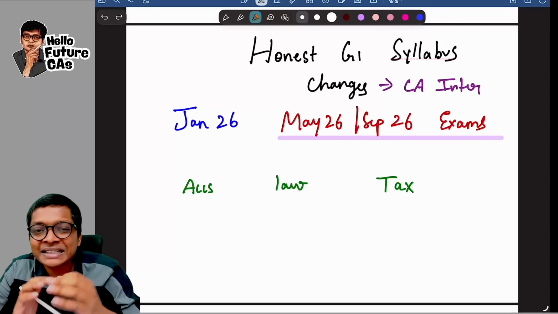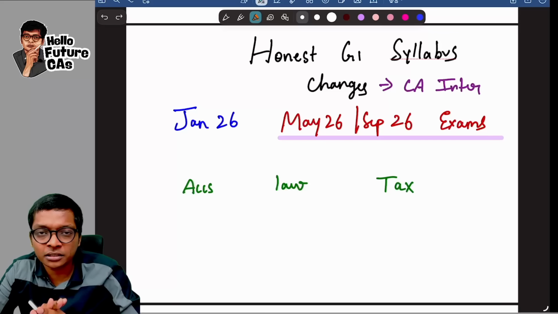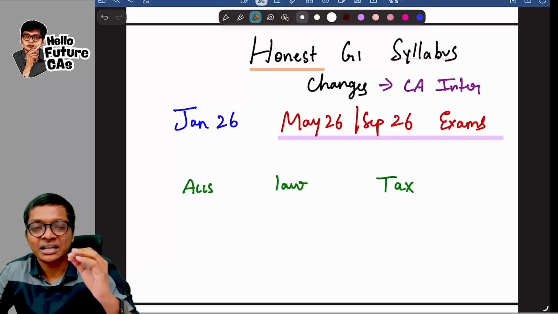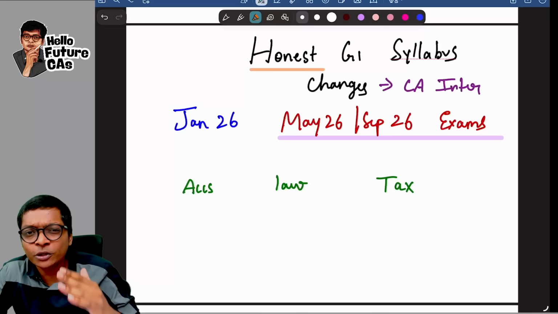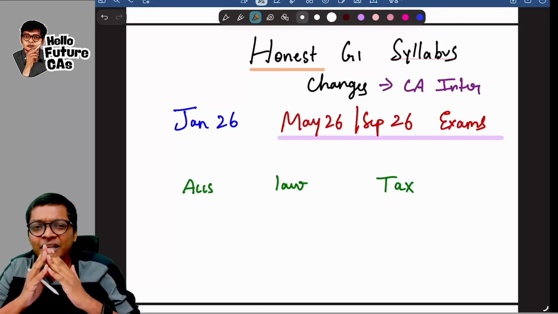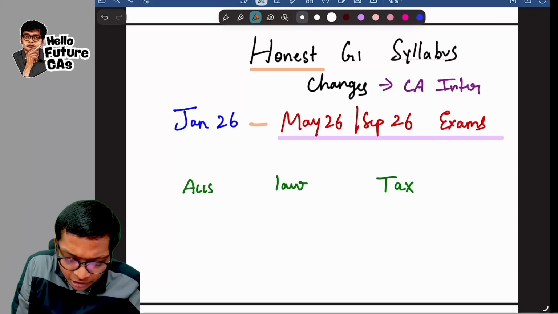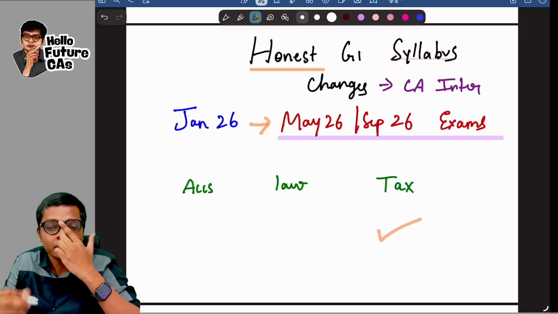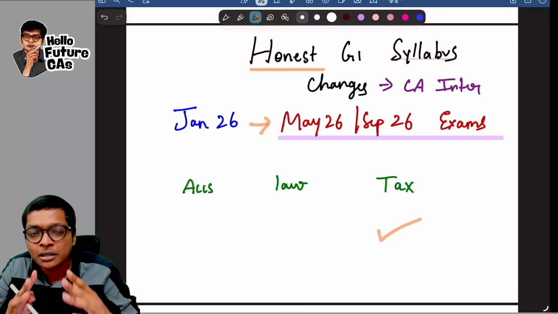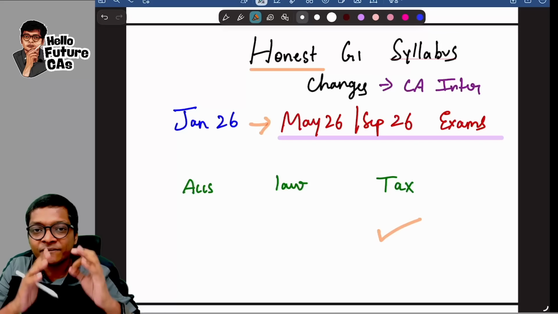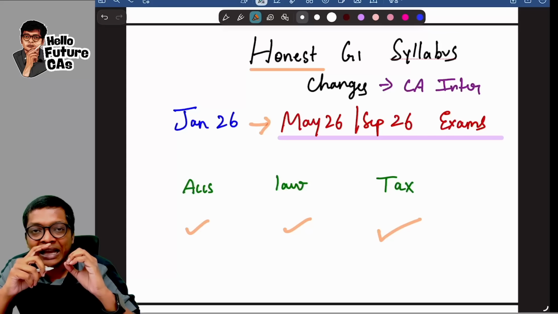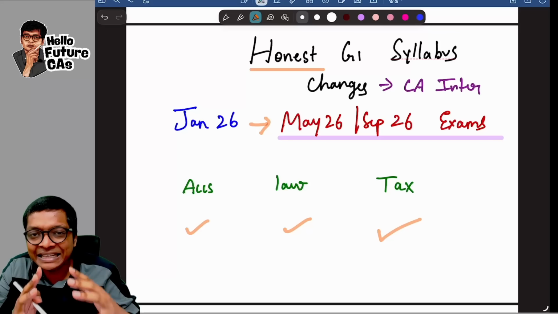Honest Group 1 syllabus changes for CA Inter. And I want to emphasize the word honest, because I have been seeing a few videos on YouTube which say there are no changes from Jan 26 to May and September 26 except for some changes in tax. But the honest truth is we have changes in all the three subjects,